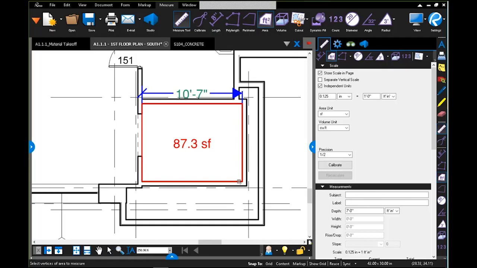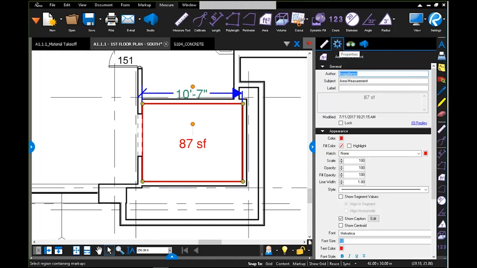Now I have a 0.3 in there, and that's because the precision for this specific calibration is set at 1/2. But if I want to have the precision set at 1, you can see that Revu is going to round that up for me. So you can just know that you can change the precision on your end, whatever you want that to reflect, depending on the material you're trying to take off for. Now again, coming back into the properties panel,